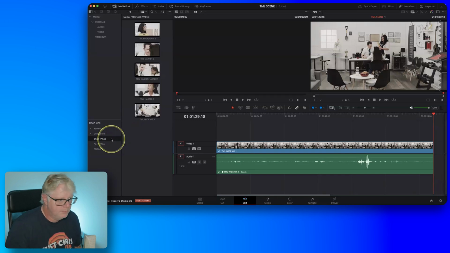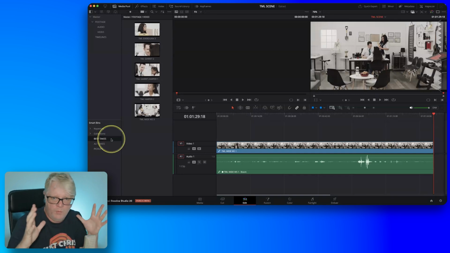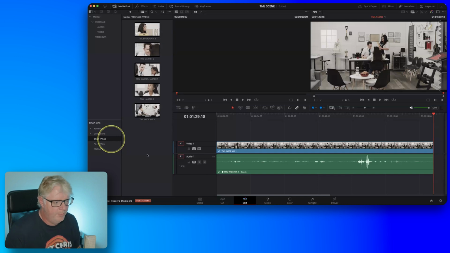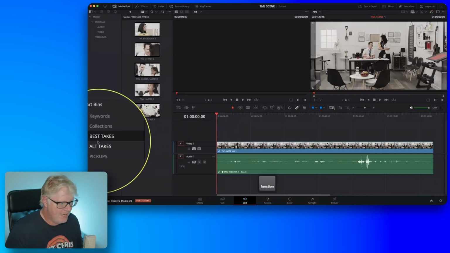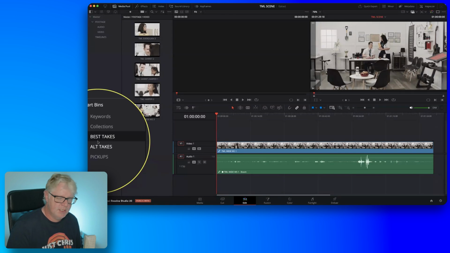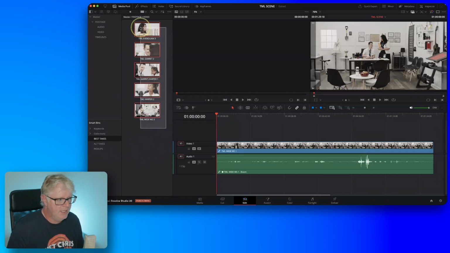To begin with, though, what is quite useful is to be able to just focus on what we're working with at one time or another. So I'm just going to bring the playhead back to the beginning. And the first place I'm going to start is going into this best takes bin here. So this is a smart bin that was set up. It's a custom smart bin. And I'm going to select all of these clips, and then I'm going to drag all of them into the